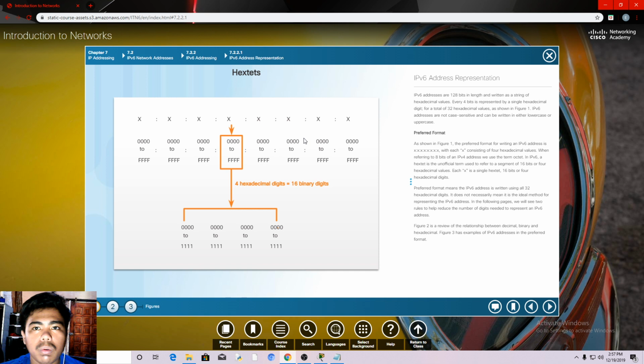Every 4 bits is represented by a single hexadecimal digit, for a total of 32 hexadecimal values as shown in this figure, and in figure 2 as well. As you can see here, the decimal, the binary conversion, and the hexadecimal. The hexadecimal and the decimal are quite similar, but